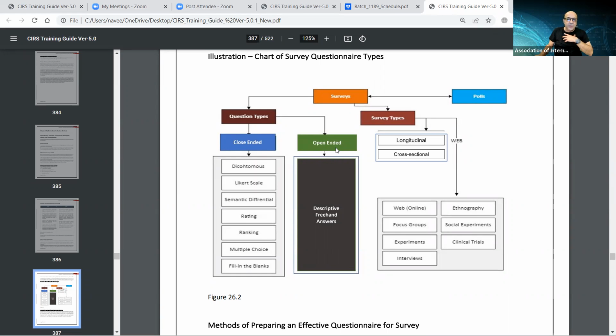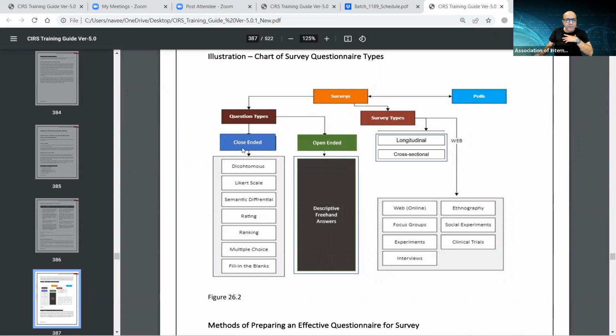So open-ended, we are not going to discuss much because these questions don't have any sort of format. They are pretty much like freehand answers, more detailed, for anyone to write on their own without using multiple choices. So those are open-ended questions for which there is no definitive answer, or it could be an answer that could vary from one person to another, depending on how they write it and what they think or their opinions. So that is open-ended. Close-ended has a format.